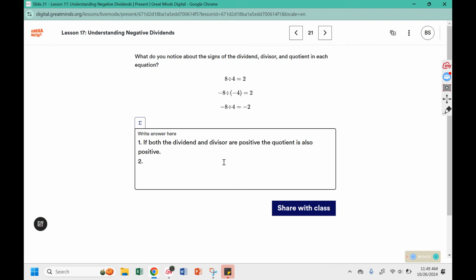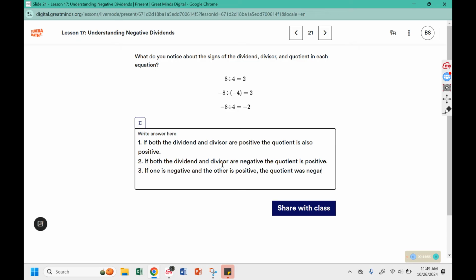In the second one, if both the dividend and divisor are negative, the quotient is still positive. And in the third one, if one is negative and the other is positive, the quotient